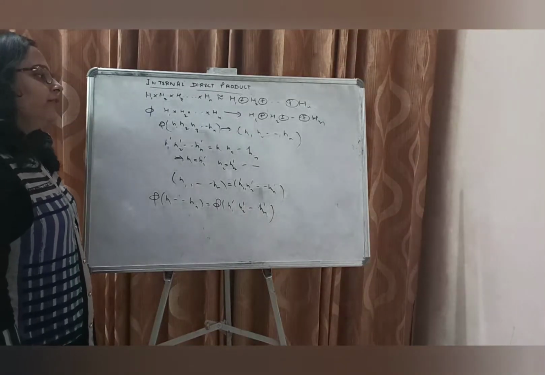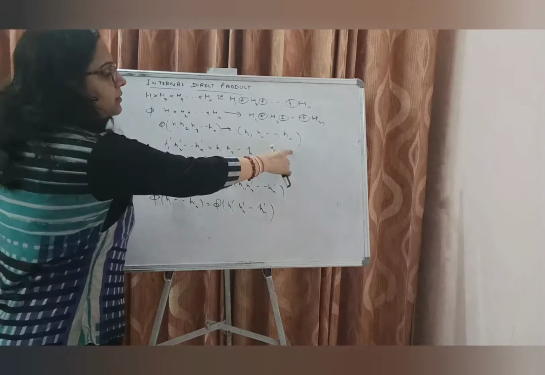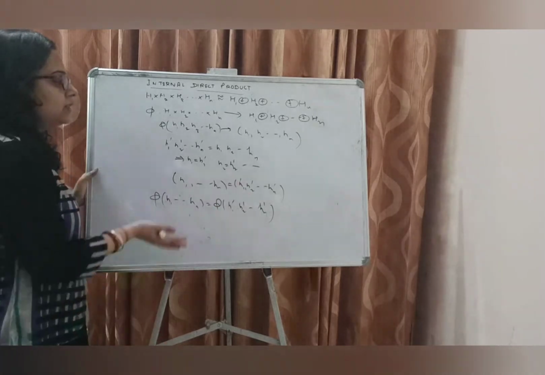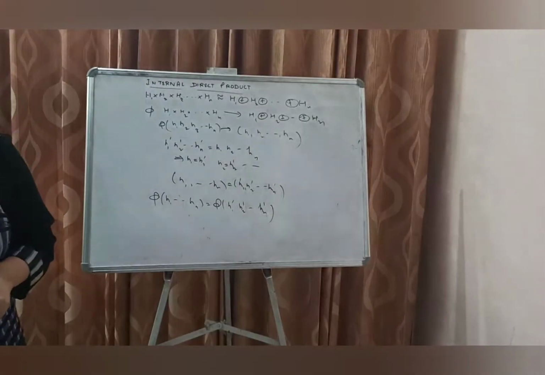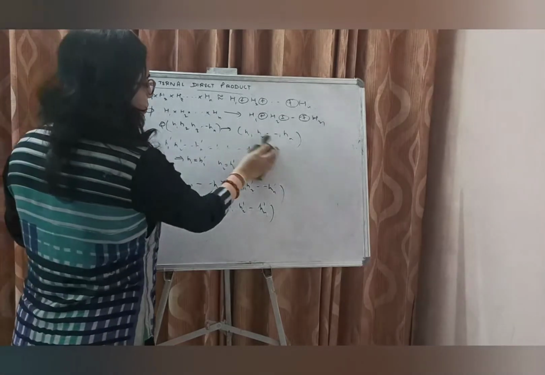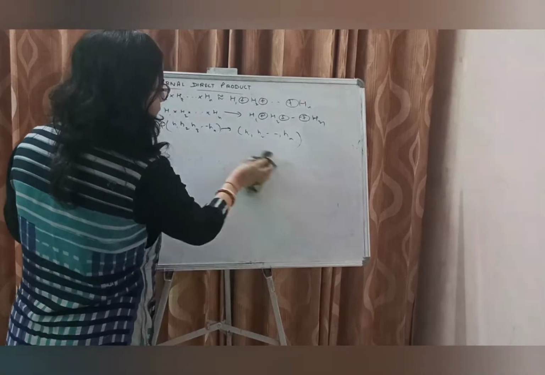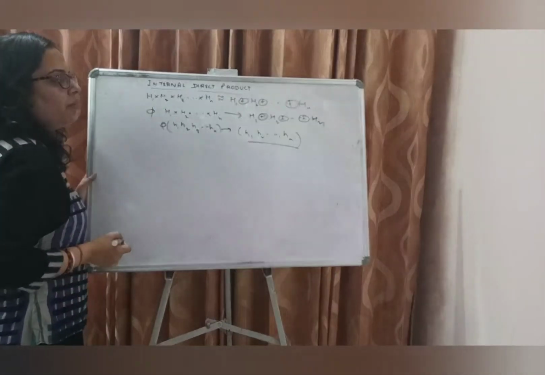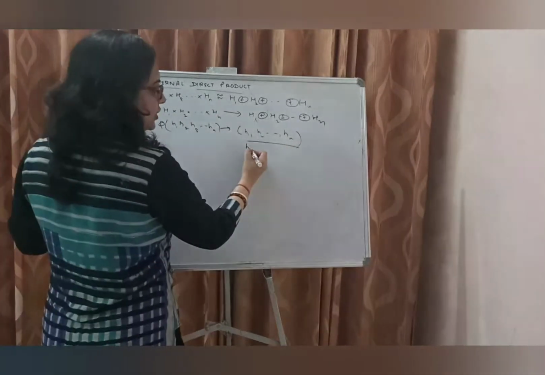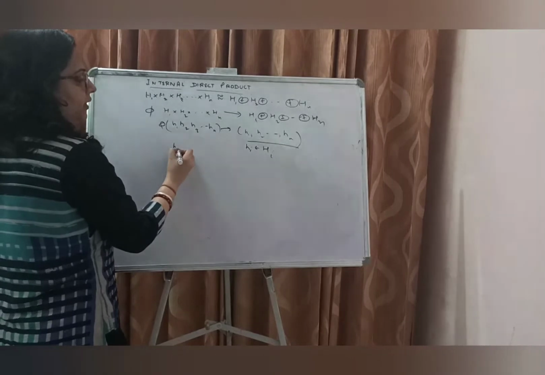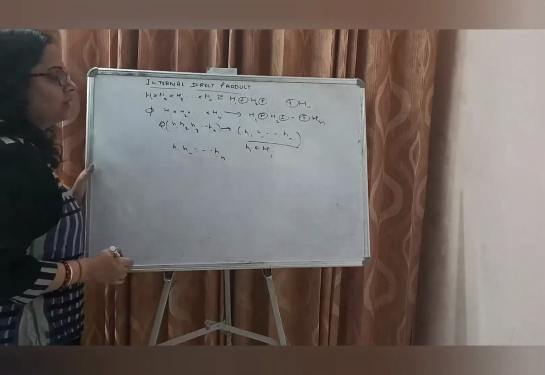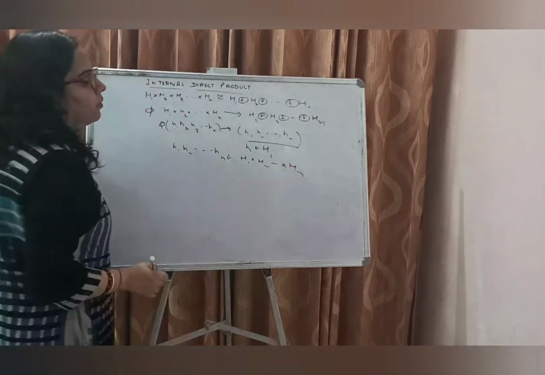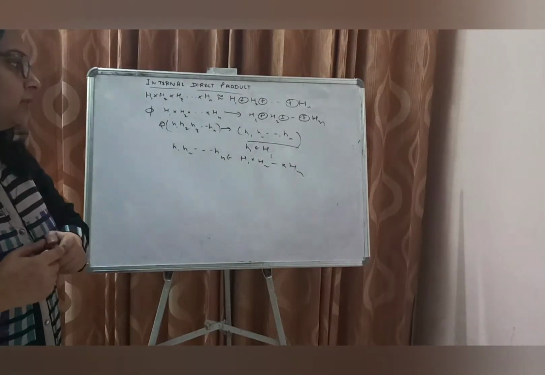Now clearly it is one-one, because if two tuples are equal, then each of the components is equal, and if each of the components is equal, then the product is also equal. So there's nothing to prove in order to show it is one-one; it's well defined and one-one. Now clearly it's onto, because if we are given n components, each component belonging to Hi, we can simply write it as a product, and it will belong to H1 cross H2. So the very important property was the existence of uniqueness. Okay.